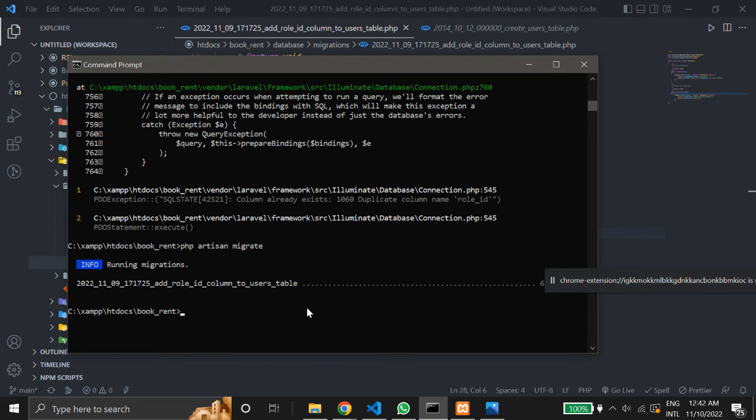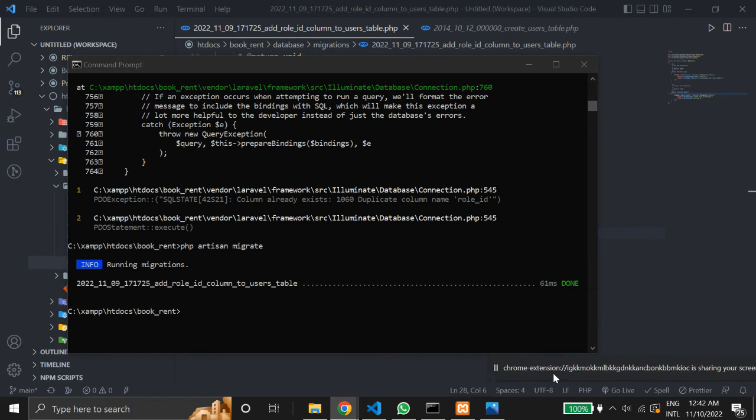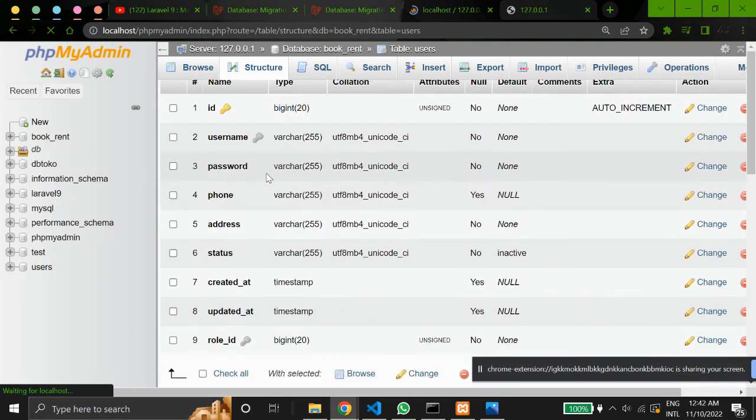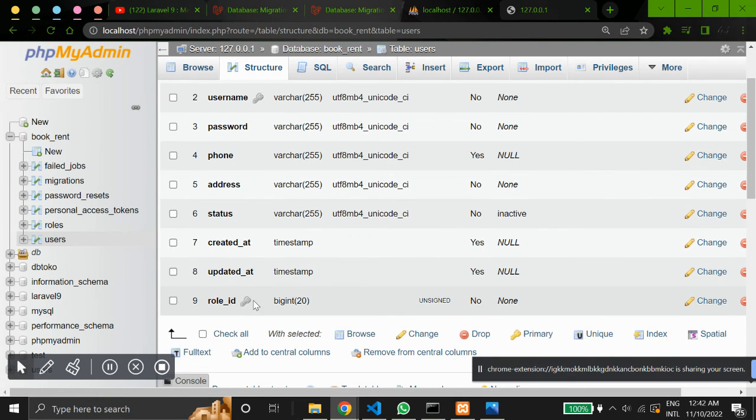Okay, now the error is gone. Let's check our phpMyAdmin again. Refresh it. Okay, so the role ID is a foreign key for the